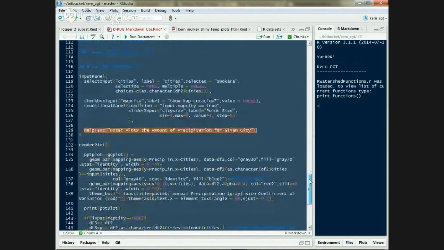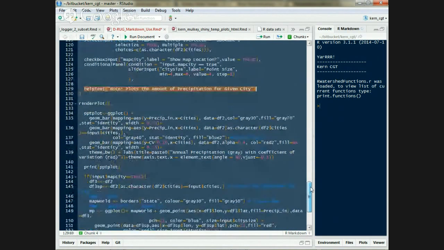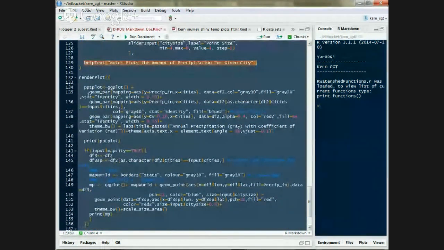Okay, so now that's the input panel part. Now the render plot part. So now this is ggplot. So those of you that are familiar with this should look pretty similar and pretty basic. There's a lot of options in here that are just plotting options. So this first plot is simply, this plot's just natively without any dynamic components, except whatever city is selected above